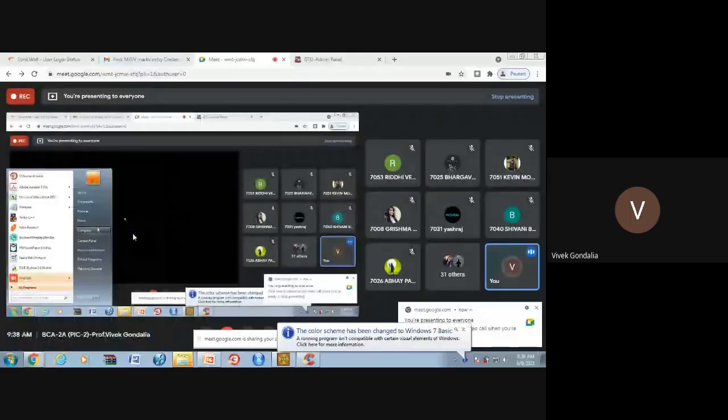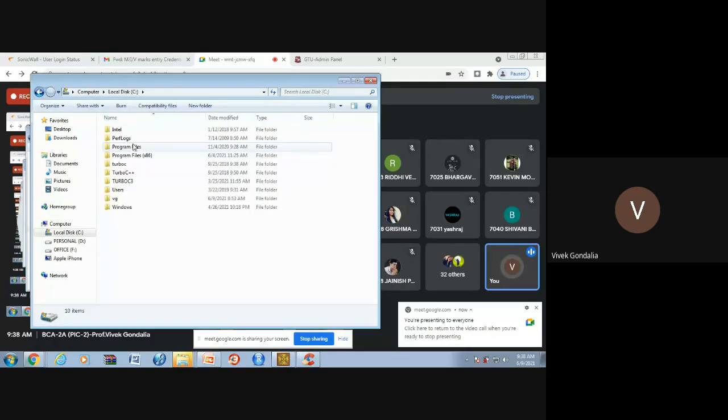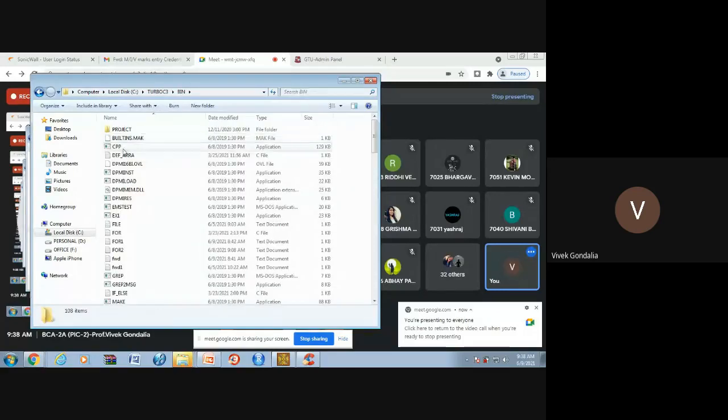My file will be on which location? It will be on the C drive in the Turbo C folder. If you want to specify some location, then you can do it. It is not compulsory. Clear. So Turbo C3 bin, and this is the data.